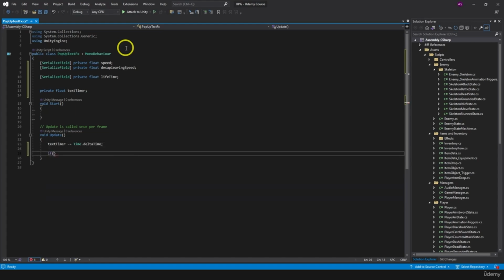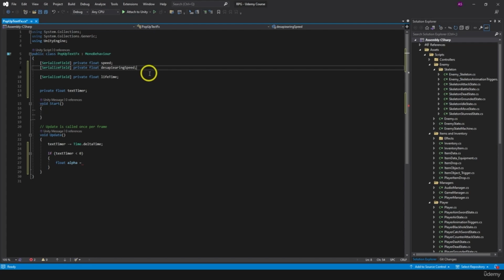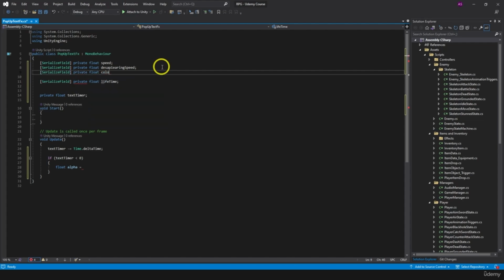Then we're going to do if text timer less than 0, then we're going to lose color of the text. So we're going to have float alpha equals to, we need disappearance speed. Oh, this could be disappearance speed, but we have how fast you lose color and how fast you move. So maybe private float color disappearance speed, and this one just disappearance speed. I don't know if I spell it correctly. Okay, disappearance speed, probably not. Now, so we have here